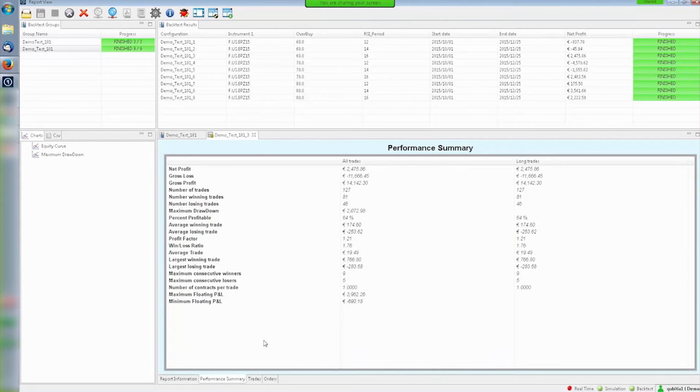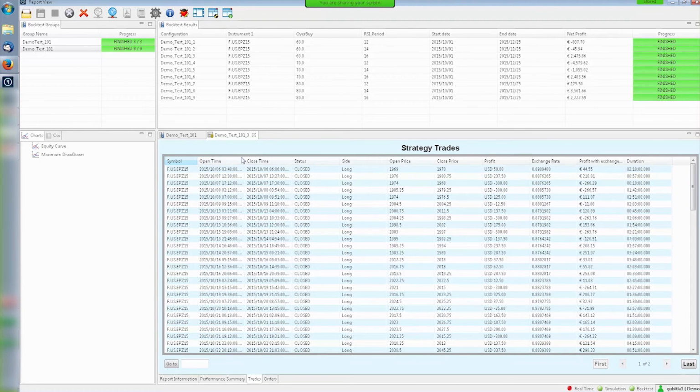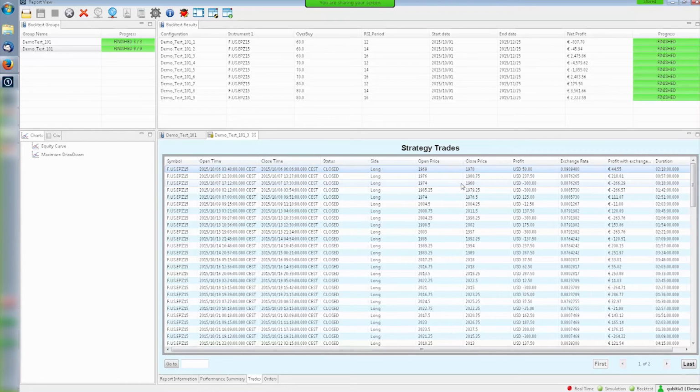Next is some performance figures, some statistical analysis of the results, like the different ratios, win-loss ratio, and other useful information that we can use to decide if it's a good backtest. We can go operation by operation, taking a look at when each operation was opened and closed, and the prices, the duration,